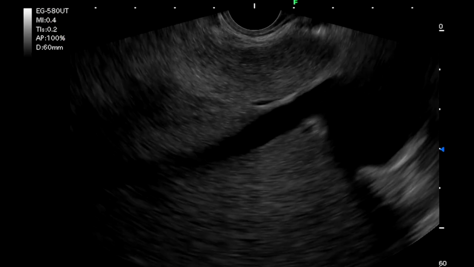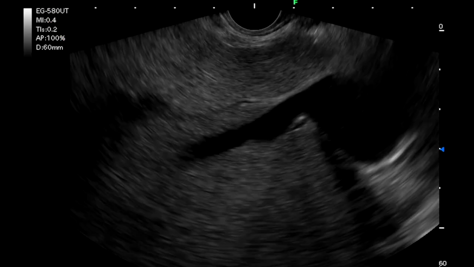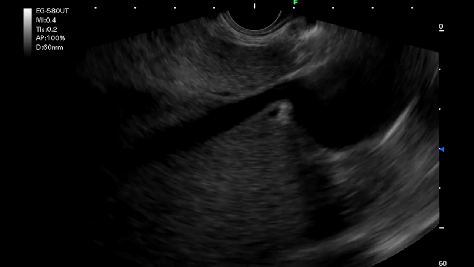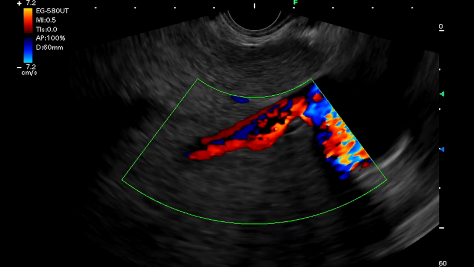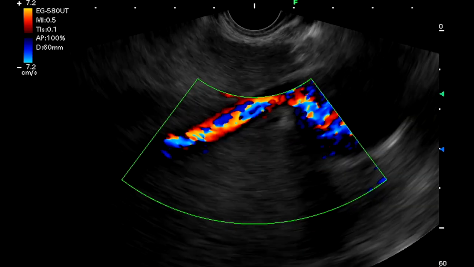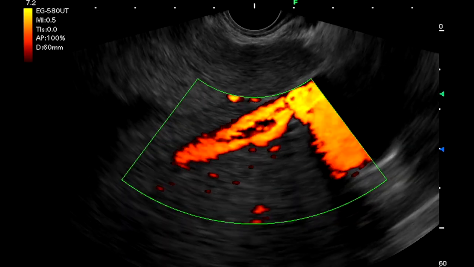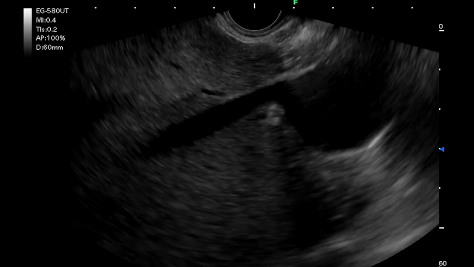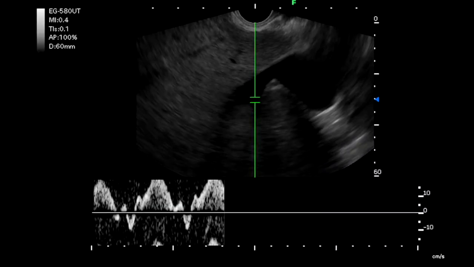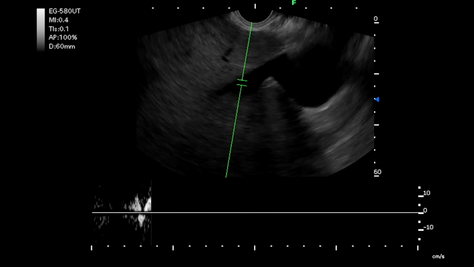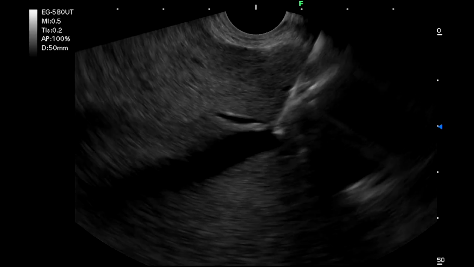This 52-year-old female with non-alcoholic fatty liver disease was referred for evaluation of suspected cirrhosis. At EUS, the mid-hepatic vein, with its characteristic thin anechoic walls, was identified as it joined the inferior vena cava. Pulse wave Doppler revealed the 4-phase pattern classic for hepatic vein. The vessel was punctured,